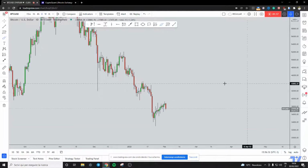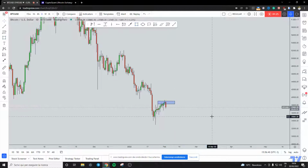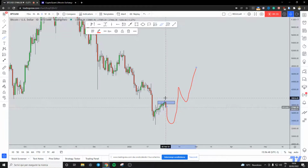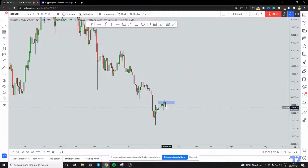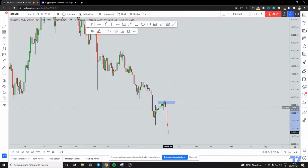Dropping down on the daily time frame, what do we see? Now, here on the daily, we can see a strong impulse followed by this correction. Now, the last high that the market has created is the high that we have here, which at the moment is the resistance zone above which, if the market manages to break back above it, we would be in a bullish structure from a daily perspective. So it's very important to see the structure shift back to bullish on the daily, no matter if it will happen with the creation of a double bottom around this area, with the creation of an accumulation and then a break, or as a flash crash to the downside, liquidating all the leveraged longs